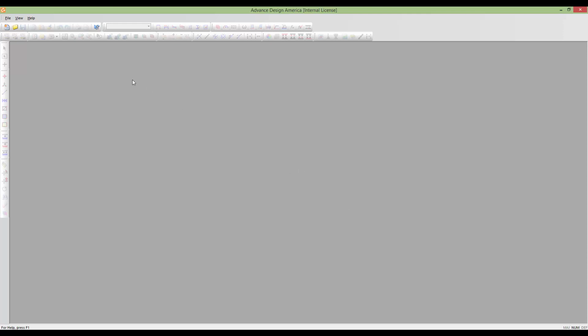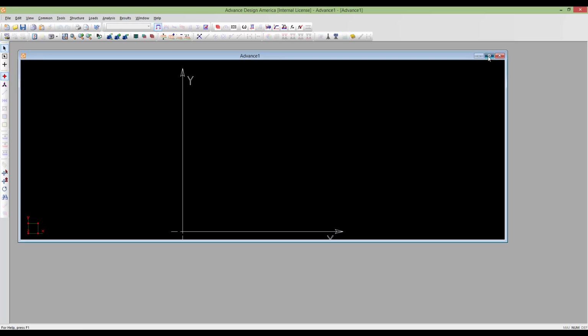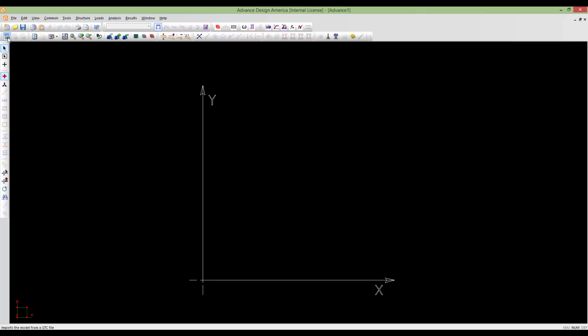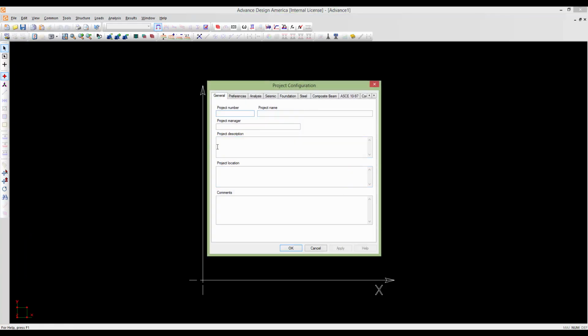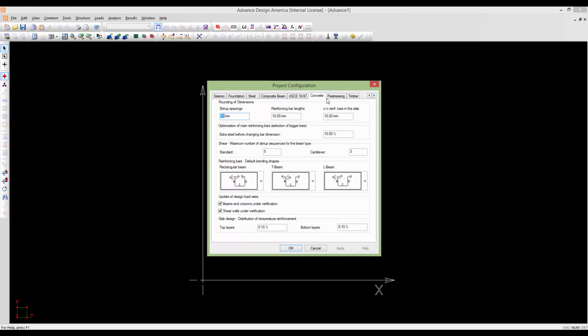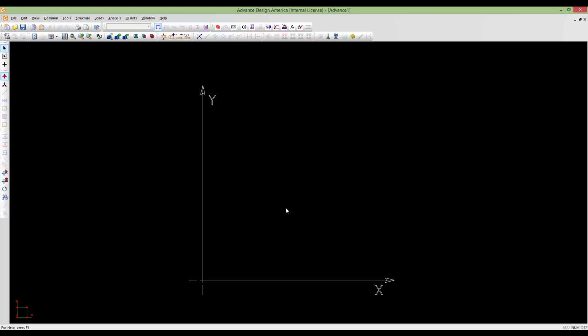So like always, I will begin with a new project here. You can define the project configurations here, and because we will use a concrete structure here, if you want you can change any of these default values. For this project I will leave them as they are. So to access the